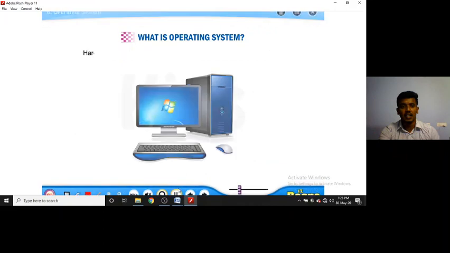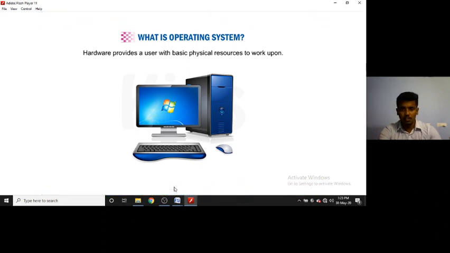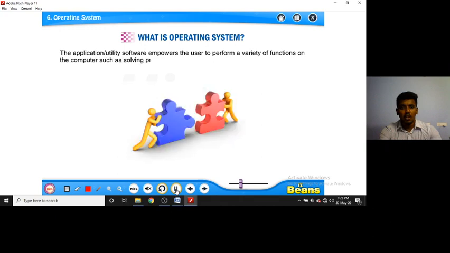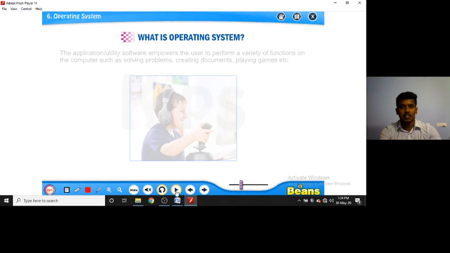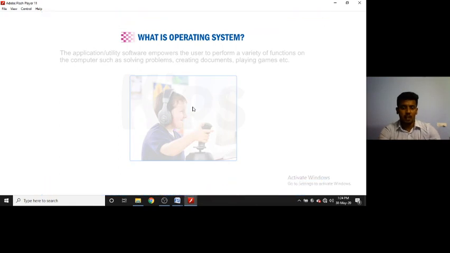The operating system. Next, hardware provides a user with basic physical resources. Hardware provides basic resources only to work upon. The application or utility software empowers the users to perform a variety of functions on the computer, such as solving problems, creating documents, playing games, etc. Hardware means the physical objects which we can touch, like the printer and scanner.